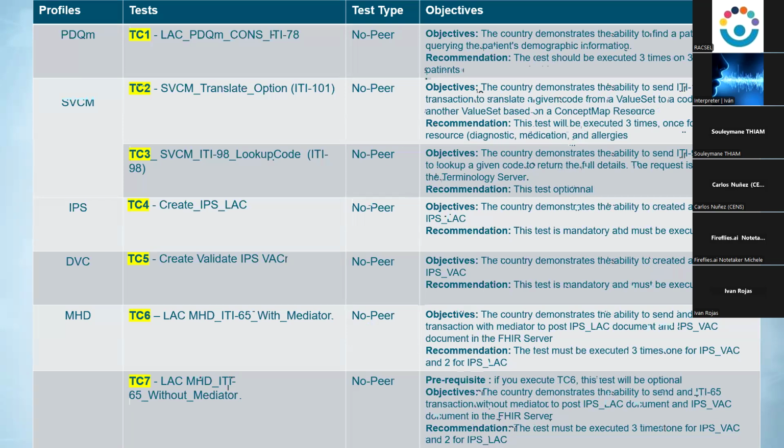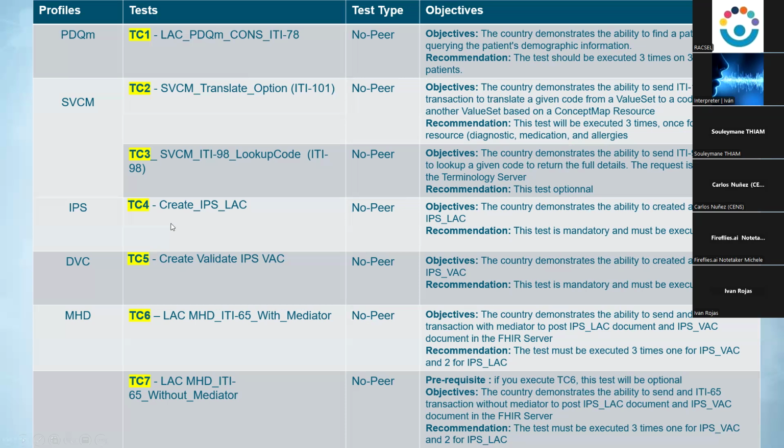Once that document is validated, we will ask you in the next test case to share your IPS LAC in the Gazelle samples list. It will allow the other countries, if they would like to validate your IPS, to go to Gazelle in the samples list, pick your IPS document and test it. So in this test, globally, we ask you to create your IPS document based on the information you have in TC2 and TC1.